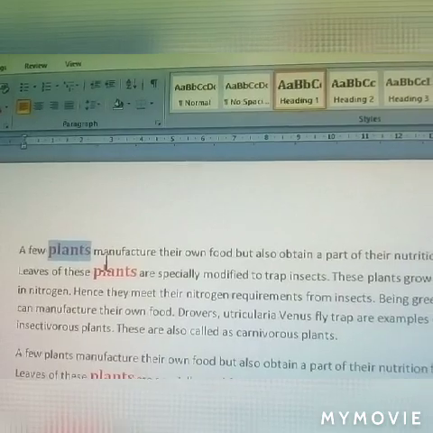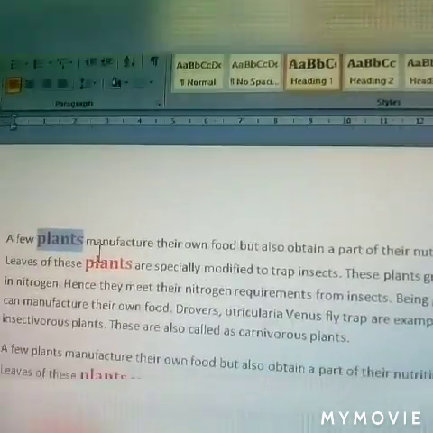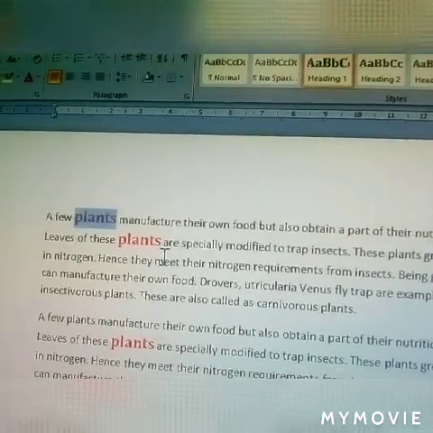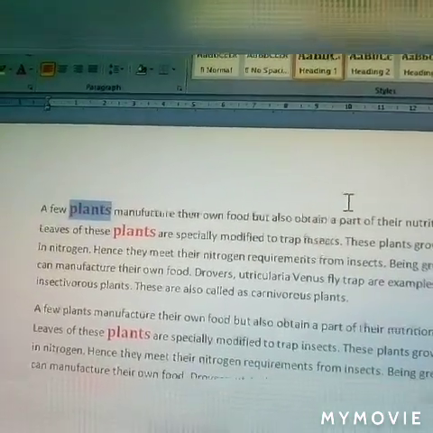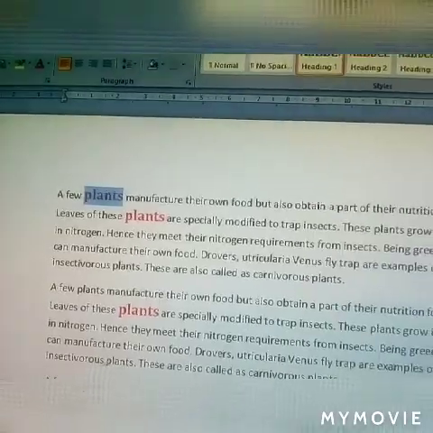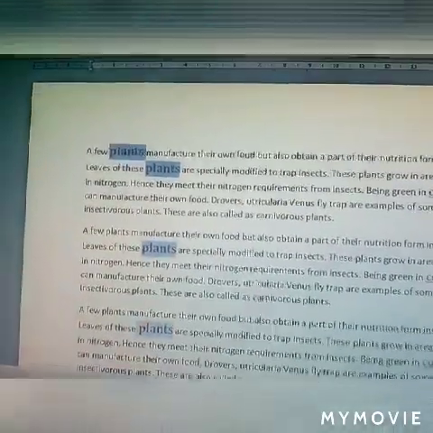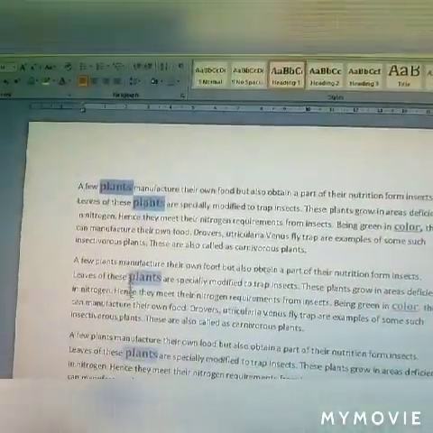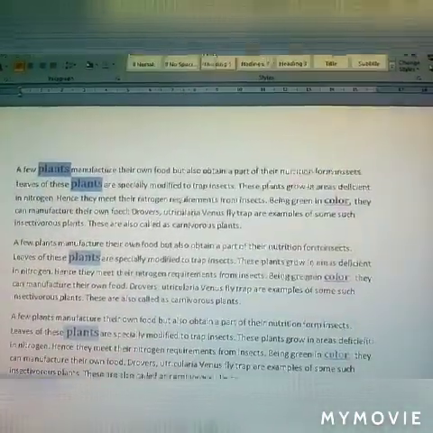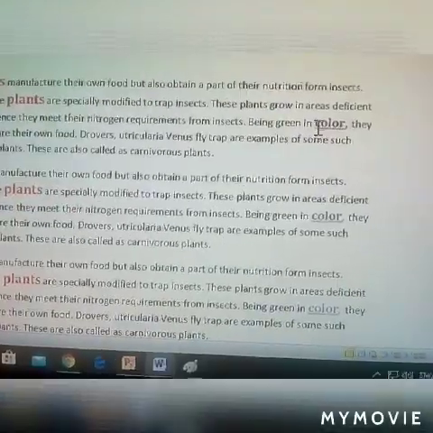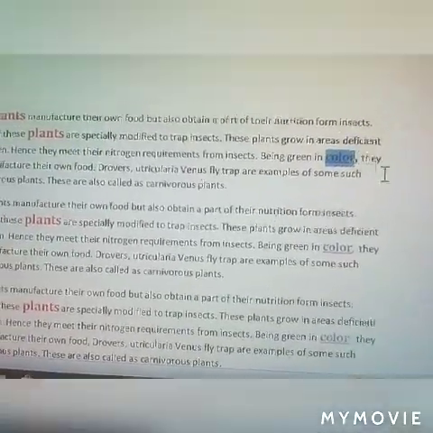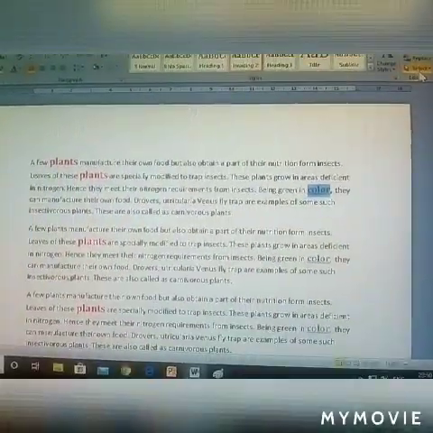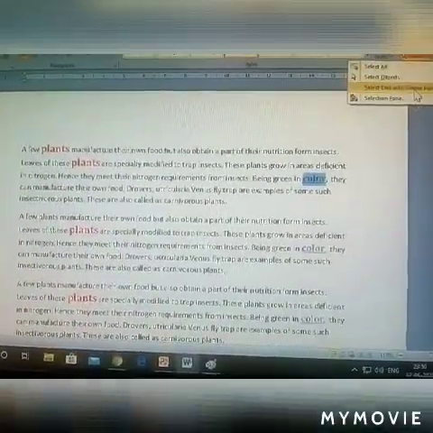Similar means what? The plant word is heading 1 format. Is this the heading 1 format? Wherever the heading 1 format is given in the paragraph, that only is selected. This is called select similar format. See, wherever I have given heading 1 to the word, that only is selected. Another one you observe, here I have given the color. Which format is this one? Heading 2. Wherever heading 2 is given in the paragraph, that only is selected.